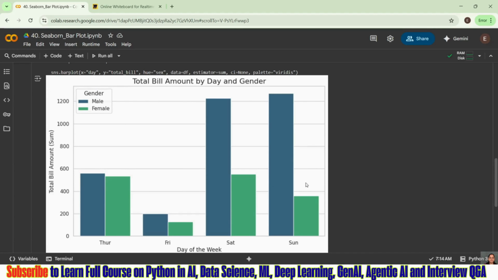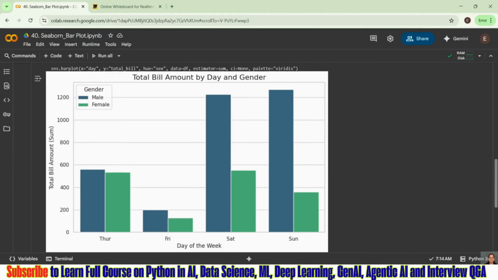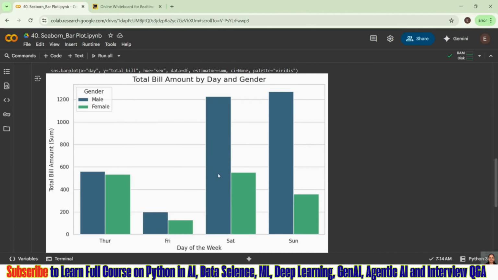If you understand from this plot, what we are understanding, guys, is that on Sunday and Saturday males are more, just the way we discussed in our scatter plot. You can relate to that. On Saturday and Sunday, males are more as compared to females, and males are giving more amount as compared to females. Here you can see they are giving almost 1200 total bill. And we saw in our scatter plot they are coming in groups of 3, 4, and those are the highest people who came and gave more bills.